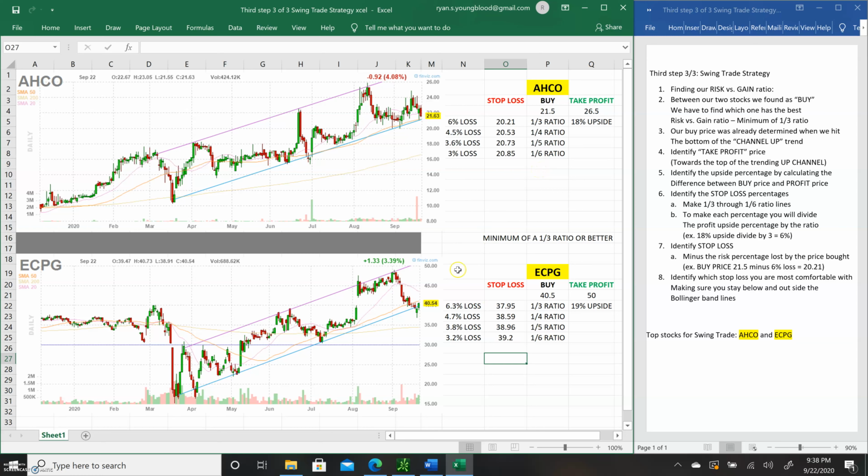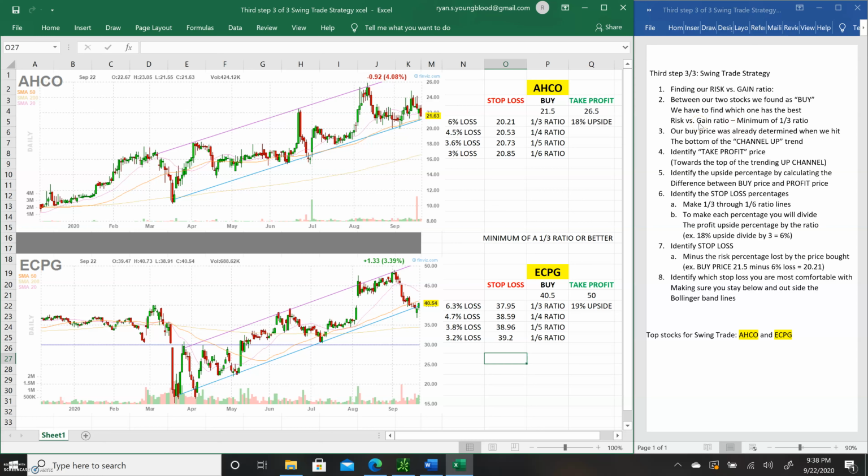So first, in the last two videos, we found these two stocks here, AHCO and ECPG. Out of about 15 different stocks, we found these to be the most worthy of a swing trade. So now we're going to find out our risk versus gain ratio. We have a bit of calculations ahead of us here, between our two stocks we found as a buy,